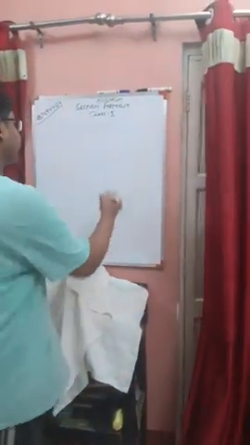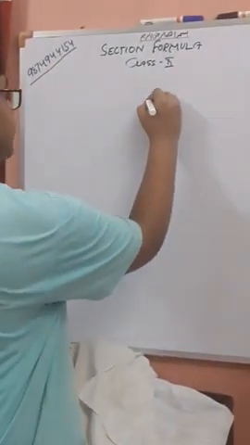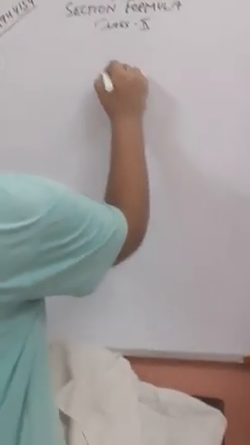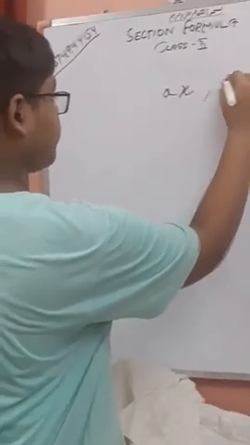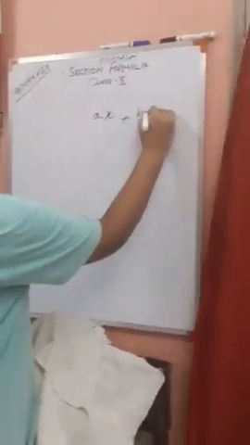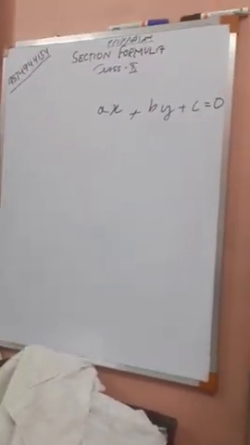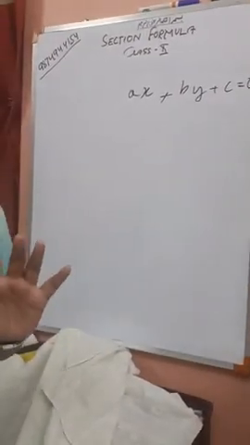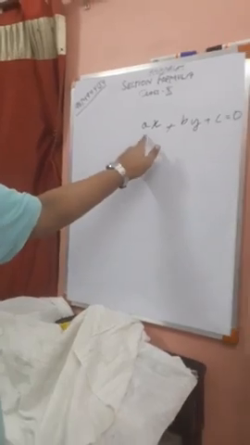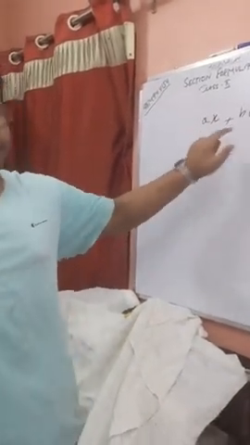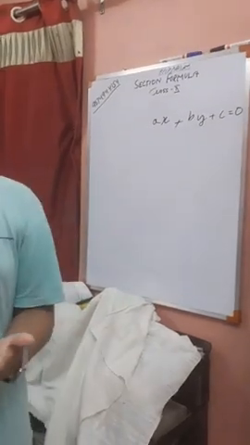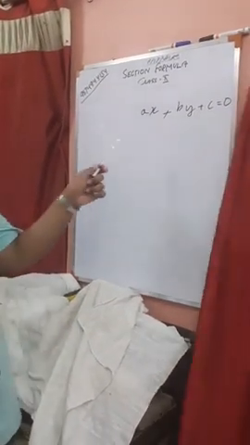A polynomial is an equation which has variables. Suppose ax plus by plus c is equal to 0. Now this would be a polynomial, and this has two variables. A and b are numbers. I mean the values of the number x and variable x and y.